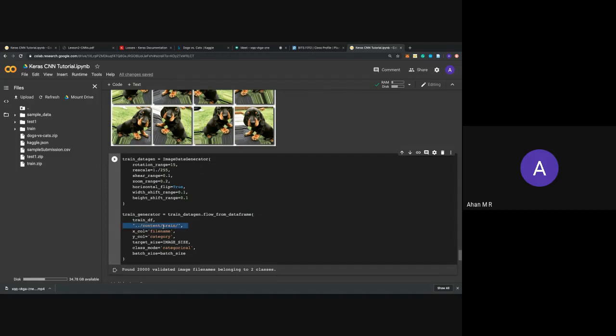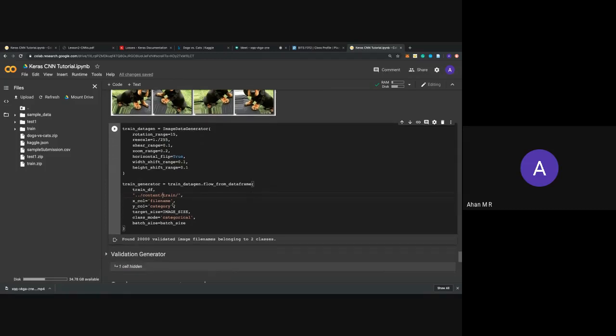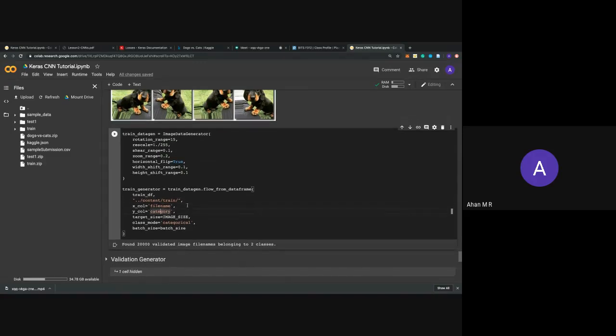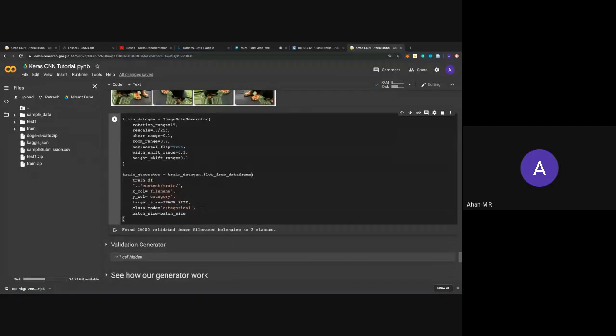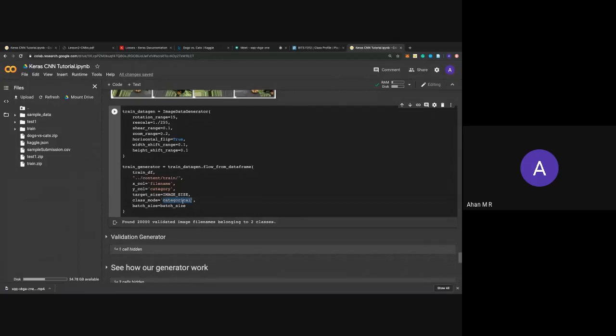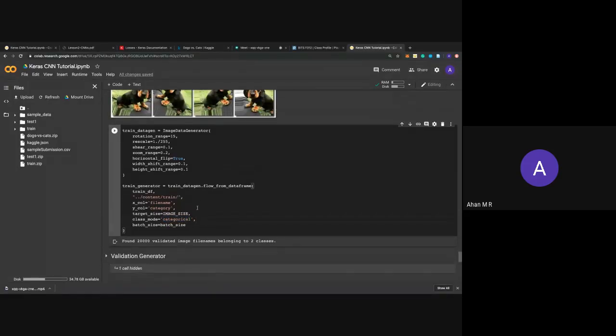Here I'm giving the directory particularly which has the train set, or the train data, the images. So this basically does the mapping for you. It maps your data frame to the images so that it can do the operations. And here you're setting the X column and Y column for understanding what you're predicting, your category, obviously. And it's a categorical problem. So class mode, you have binary and I think sparse, and you have different class modes as well. So here it's a categorical one. So this is what we're doing.